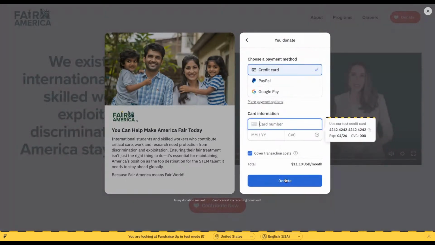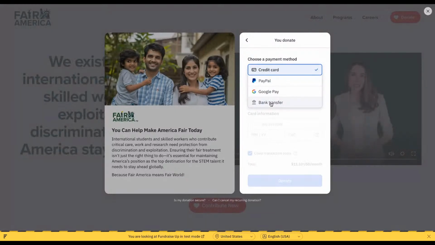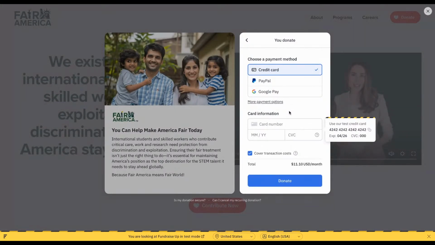Then as soon as you click, you see that you have multiple options for how you want to donate. You can select credit card, PayPal, Google Pay, or direct bank transfer. If you are on an iPhone, you will also see the option of Apple Pay. So all the options are there.